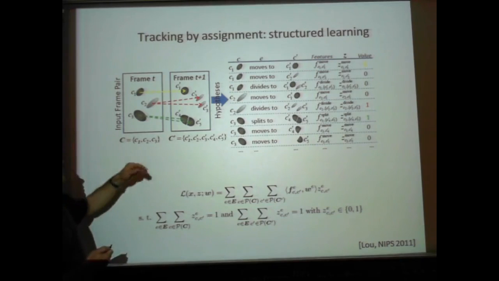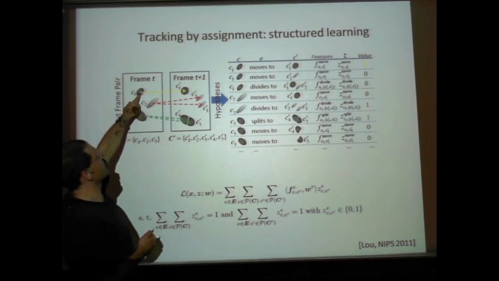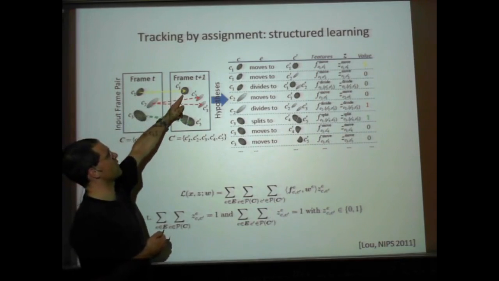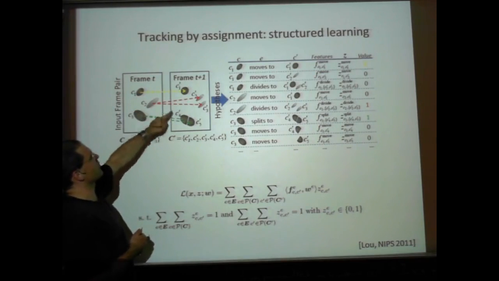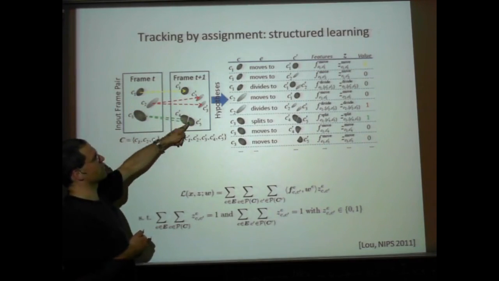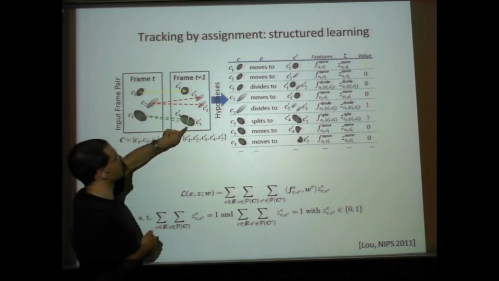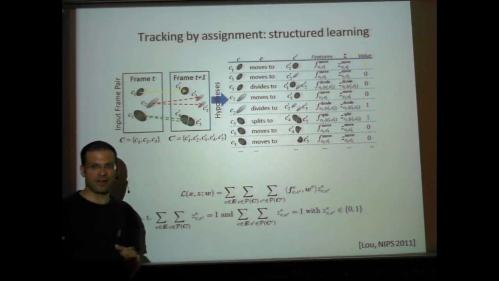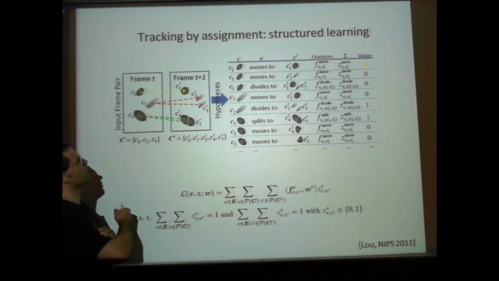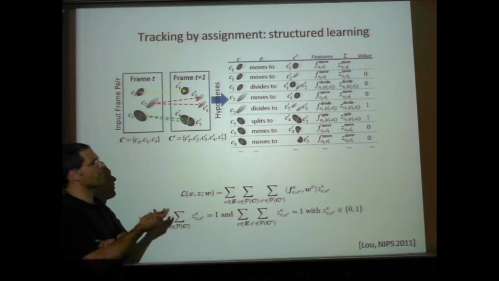So for example, if this is the frame of reference, then this candidate here is pretty close to that one. So distance-wise, it will score well. Associating this cell with that one here would not be so good because it's much further away. But it would also not be so good because this is much bigger than that one. And I'm assuming that the size of cells does not change vastly between two frames. So we can take into account distance, size differences or intensity differences, or more generally